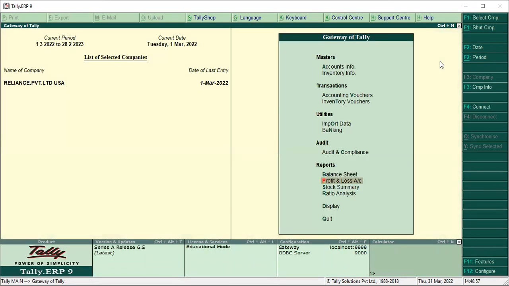Is it clear here? Yes, sir. Just do this process. If you have any query, we will solve it in the